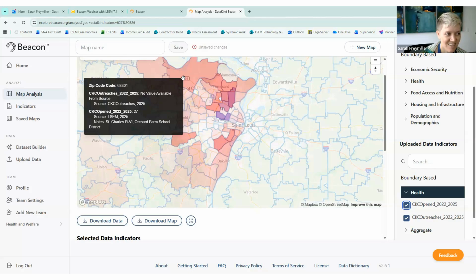So I'm really excited to share this with the team because you can see how it's not just the available data that we're able to look at and overlay, the publicly available data, but it also gives people so much more ownership over their internal data sources. And I think they'll be able to see too, oh, if I'm able to enter the details about this outreach in a certain way, I can get more information from the ultimate map that results from that.